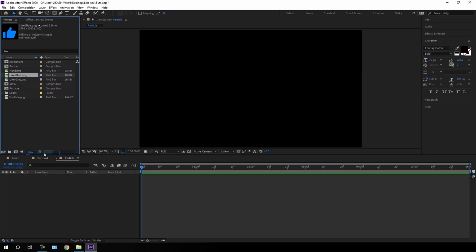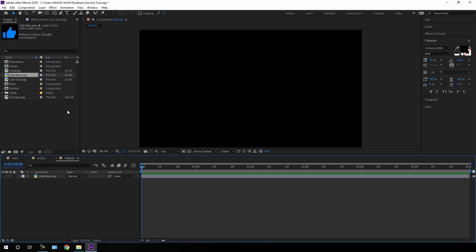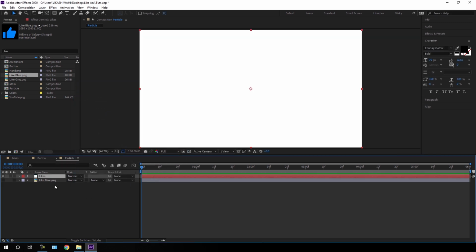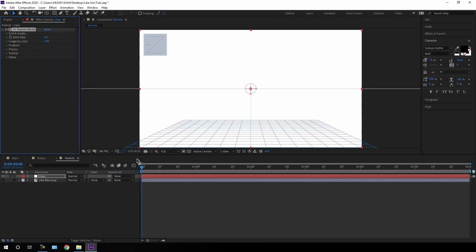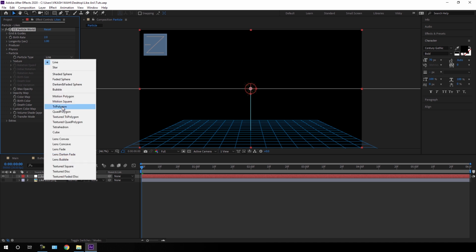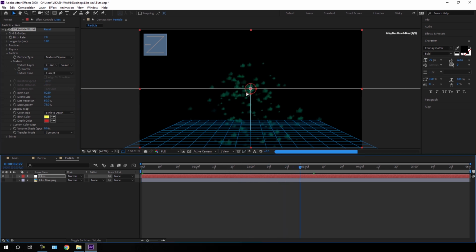Let's import the blue like button into this composition. Turn off the visibility of this like button, and then go to layer, take a new solid layer, call it likes, hit OK. Select this like solid layer, go to effect, go to simulation and select CC Particle World. Let's open this particle, and here we have to change the particle type to textured square. Open this texture, select this texture layer, blue like button, and as you can see we have animated likes, but